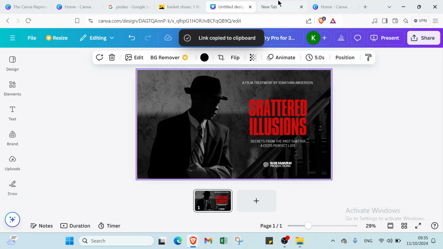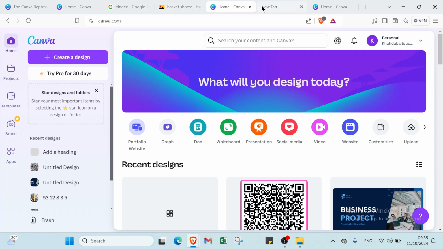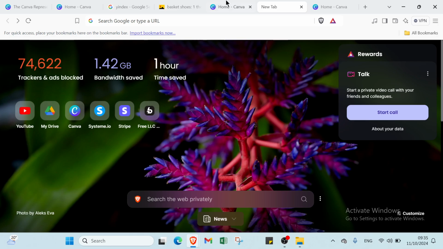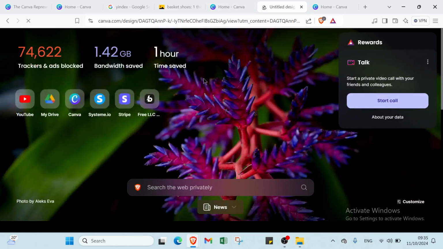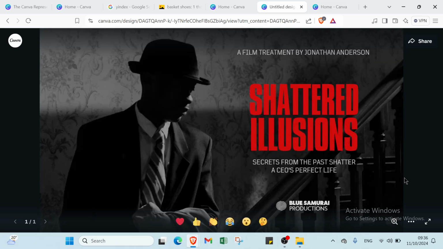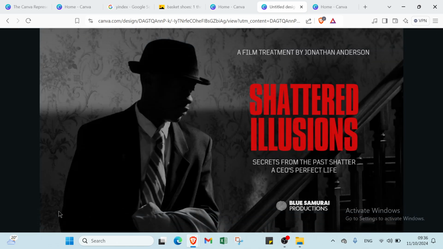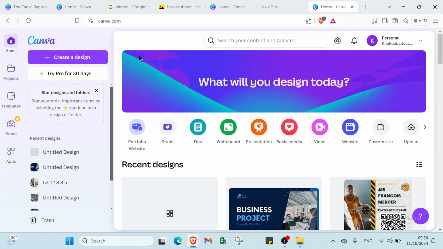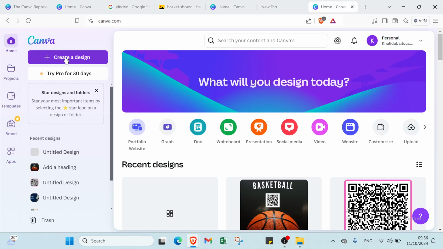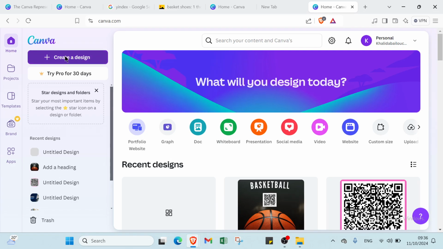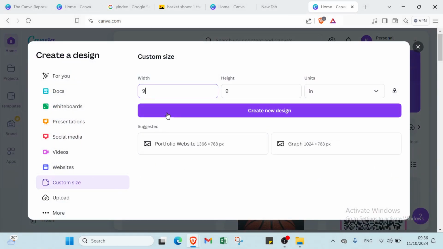And then simply open your browser and just paste the link, you will find your design like that, as you can see. So this is it. So right now I will show you how you can create your own QR code. You have just to click over create a design, and you do the same steps, and you click over create new design,